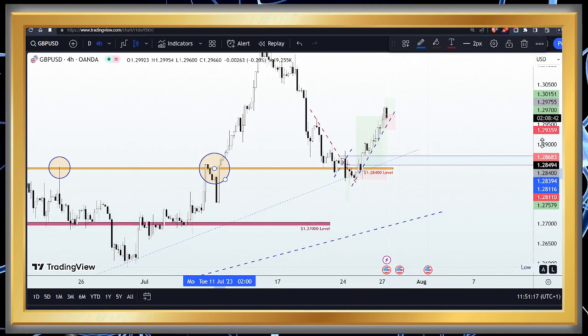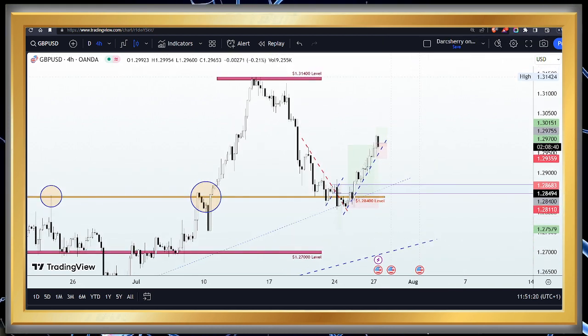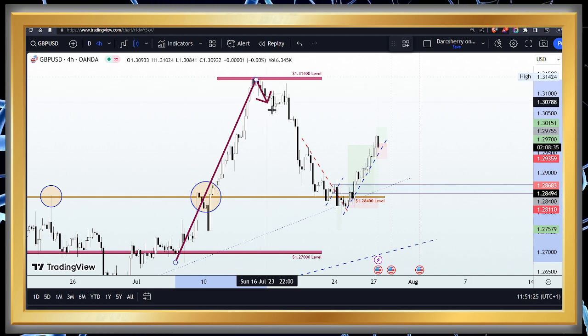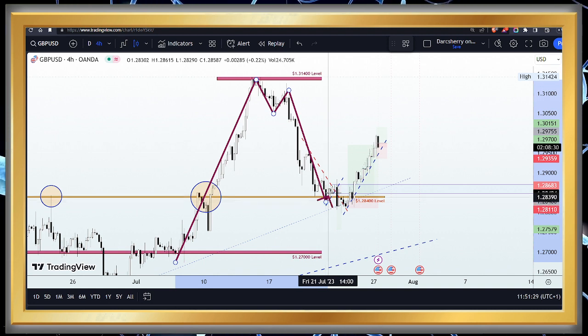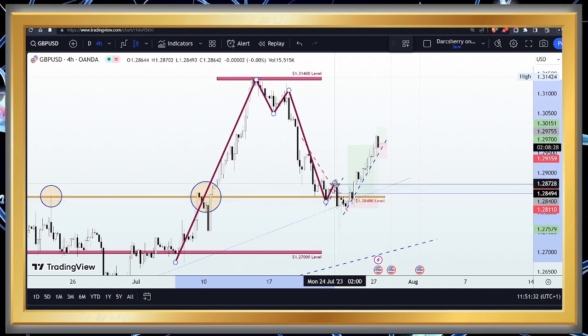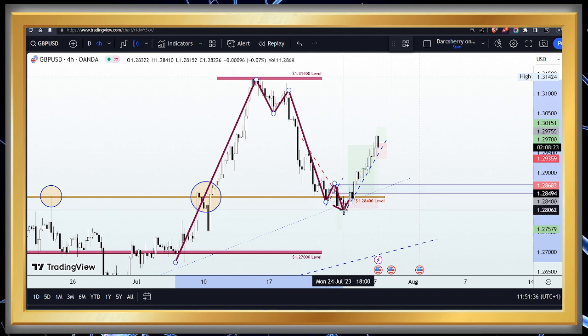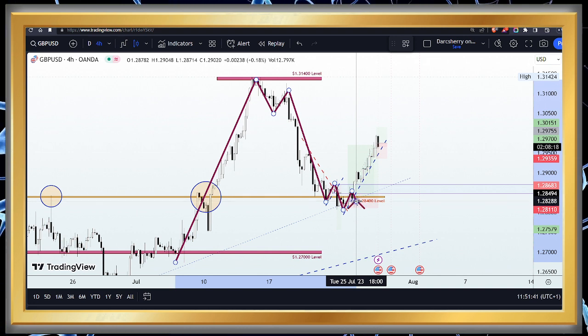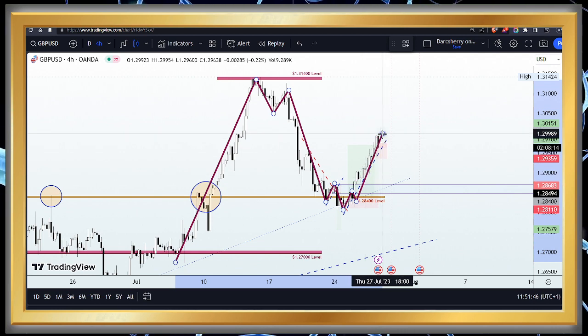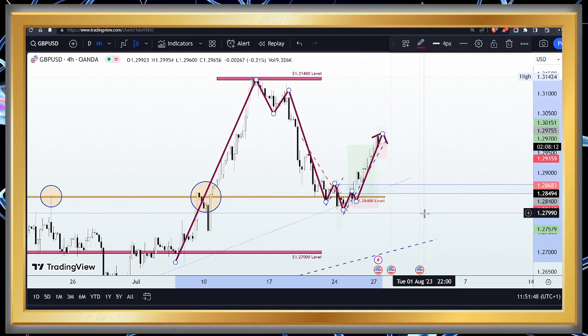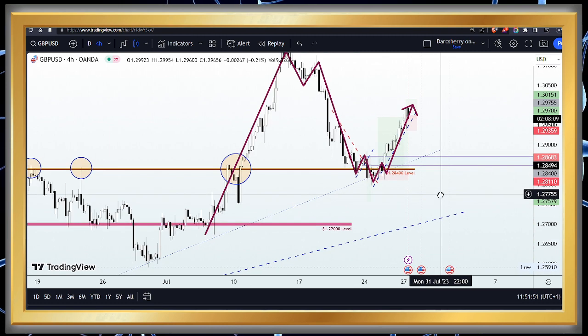And from a technical standpoint, when price action breaks out of a key structure such as the 1.2840 level, as you will see here, we expect that price at some point will come back to retest that structure. One interesting thing about that retest is that as soon as price got into this area, we continued to see buy pressure spring out from that zone, which further gave us the confidence to be part of this strong bullish move that we have been witnessing since the beginning of the week.